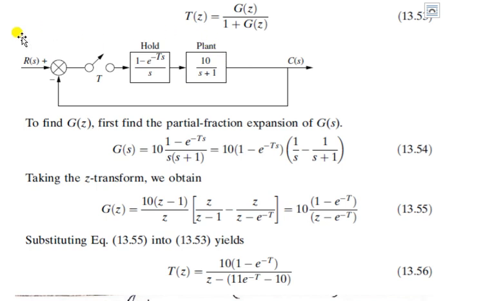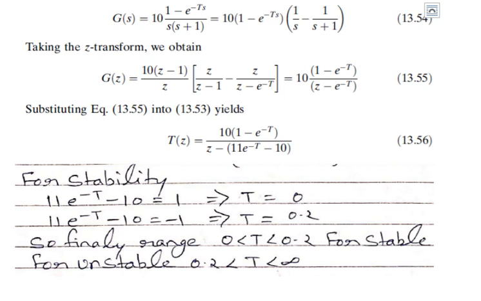If we try to calculate the overall transfer function for this complete diagram, the transfer function will be T of z equal to G of z divided by 1 plus G of z. So we will put this value into this formula and you will get this. Now, as I told you, for a stable system, something upon some factor. This factor belongs to the poles. Z minus something is written here, as I already told.